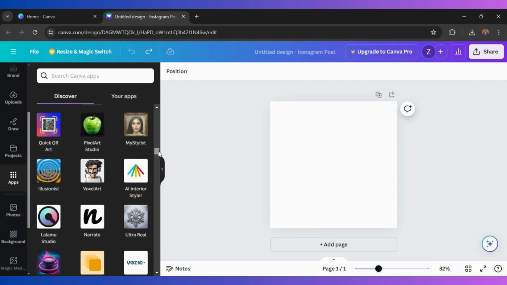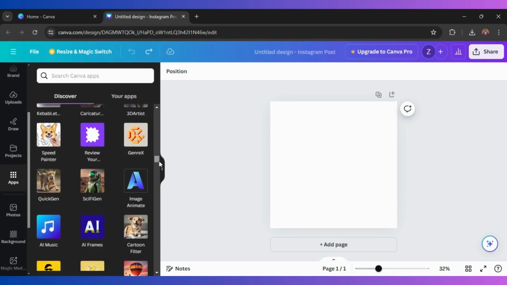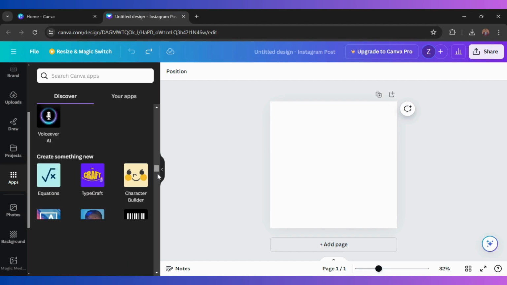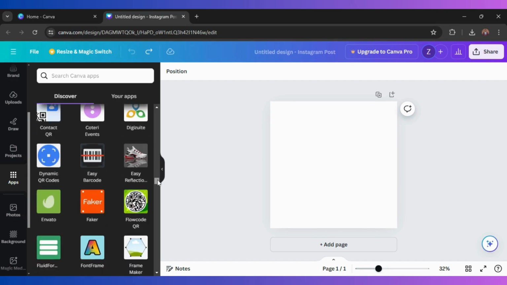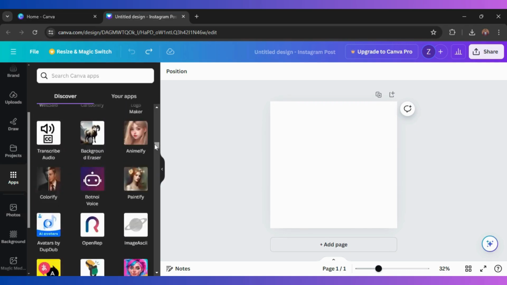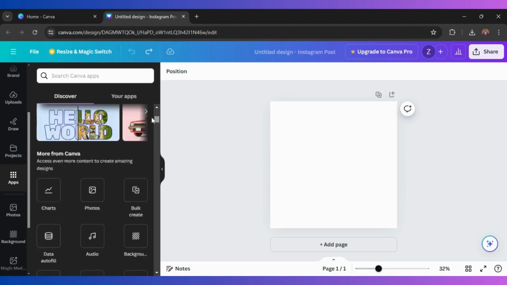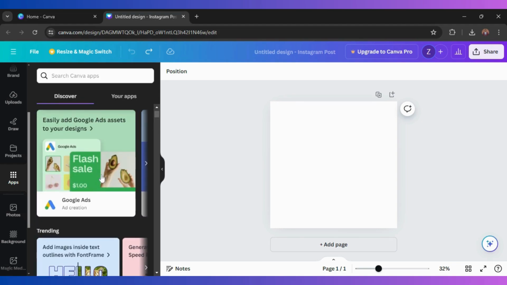There are a lot of third party apps that you can make use of. It's a combination of third party apps and Canva inbuilt applications. So, with this section, you can discover applications through the trending section,